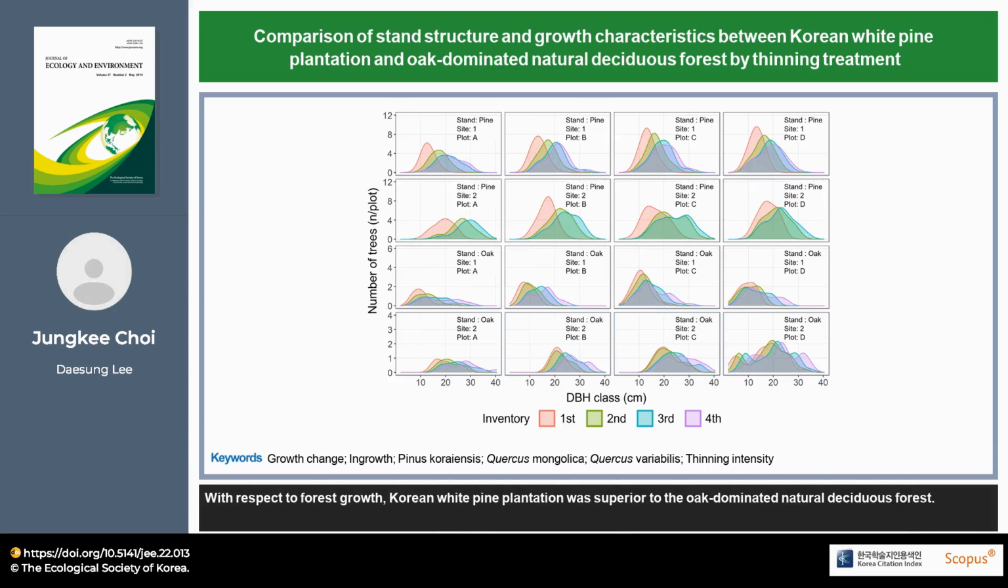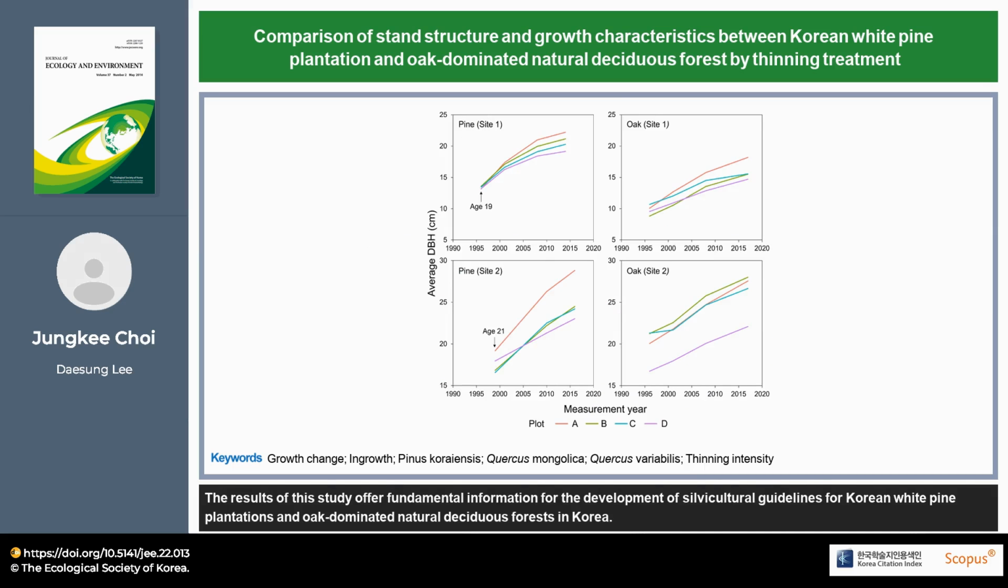With respect to forest growth, Korean white pine plantation was superior to the oak-dominated natural deciduous forest. The results of this study offer fundamental information for the development of silvicultural guidelines for Korean white pine plantations and oak-dominated natural deciduous forests in